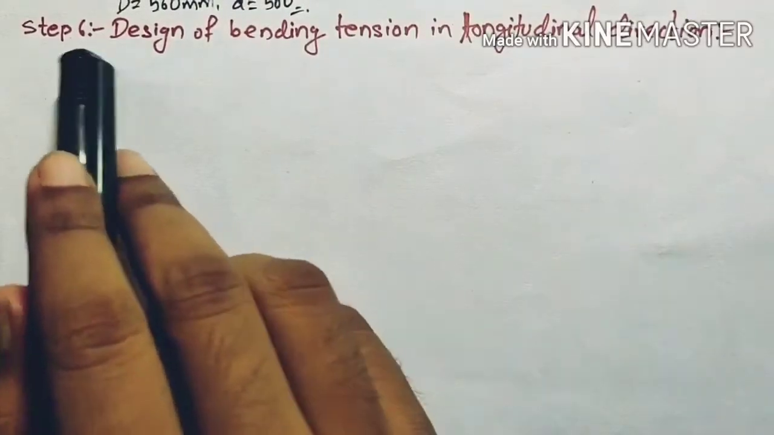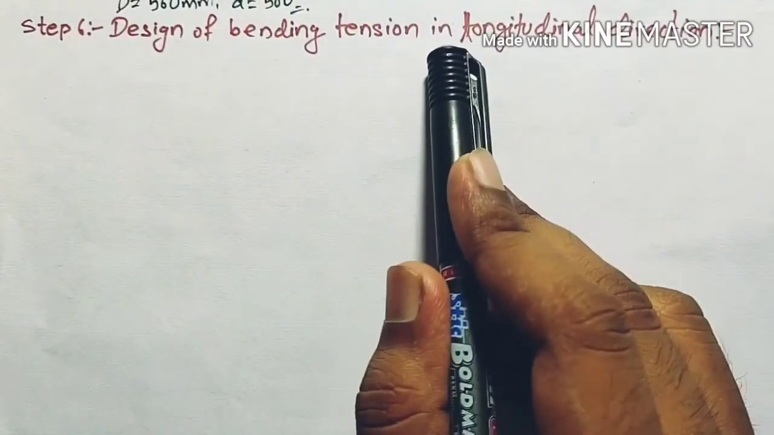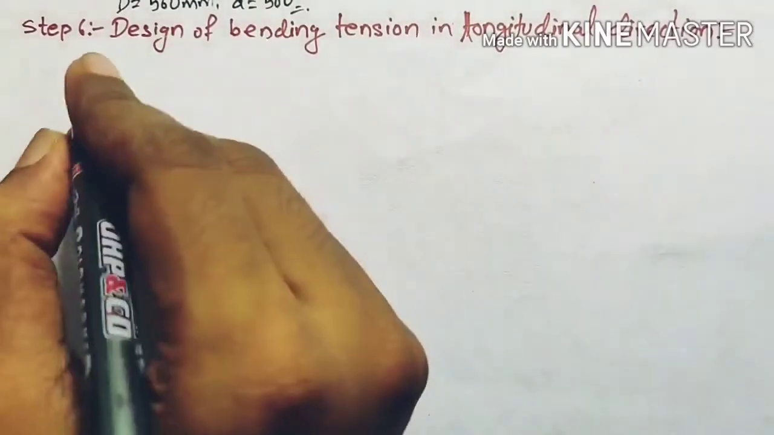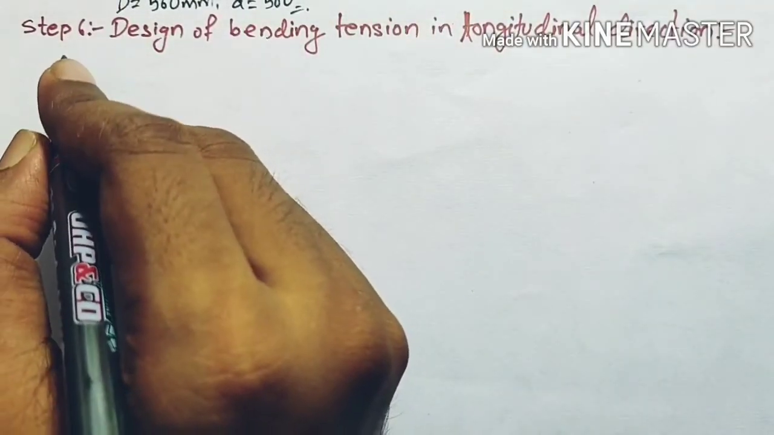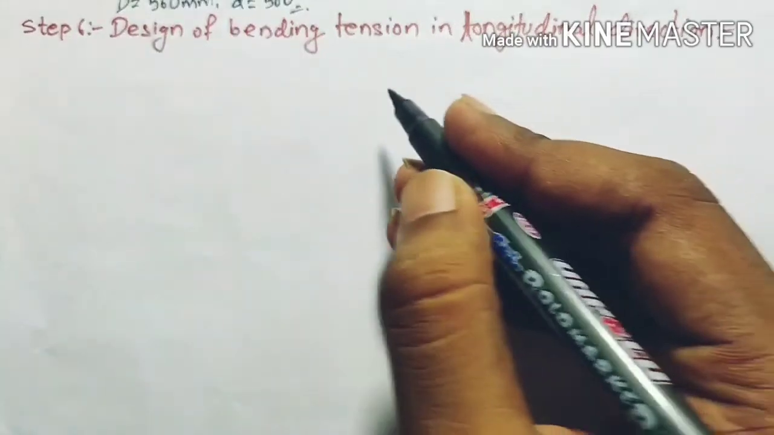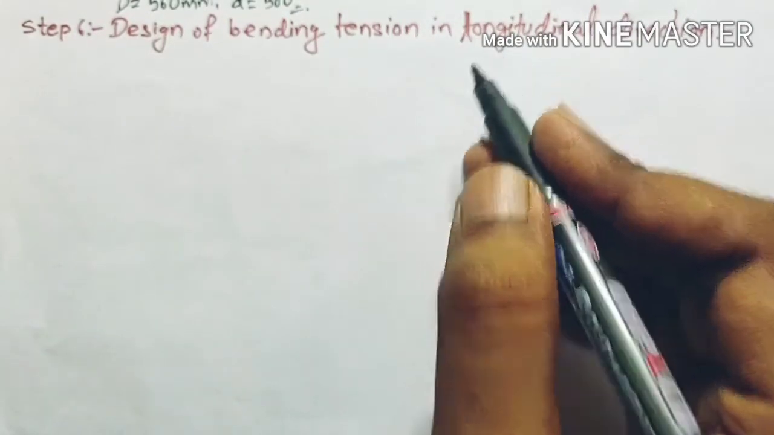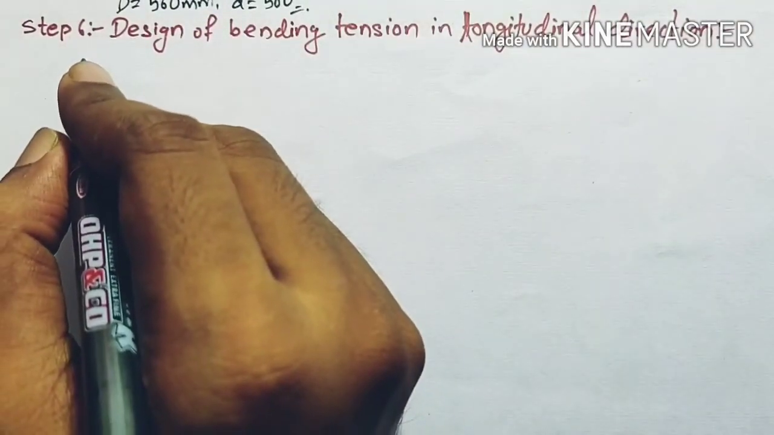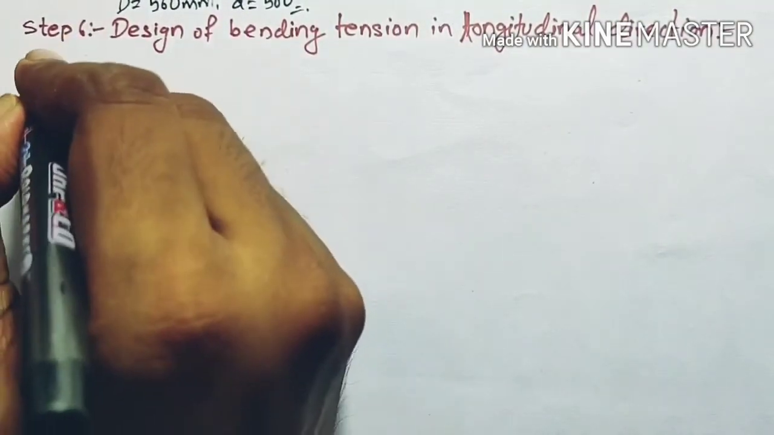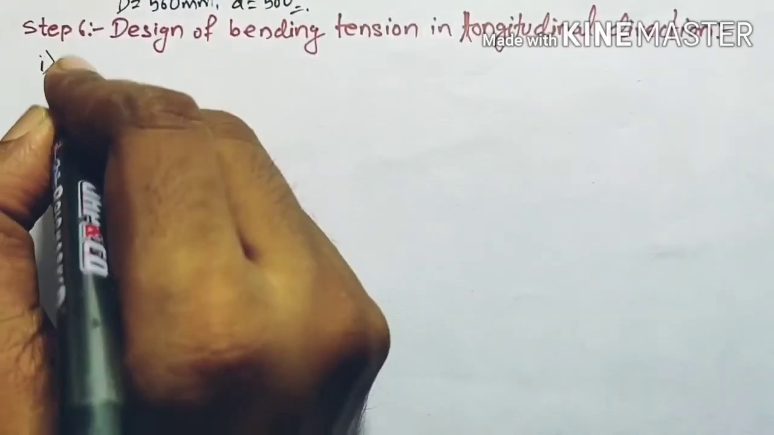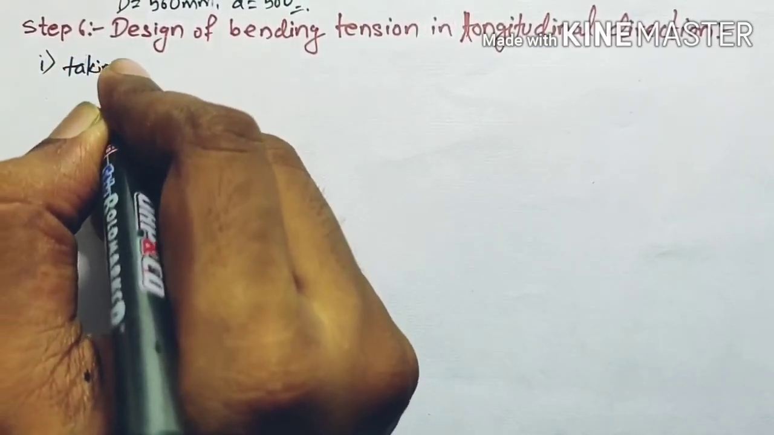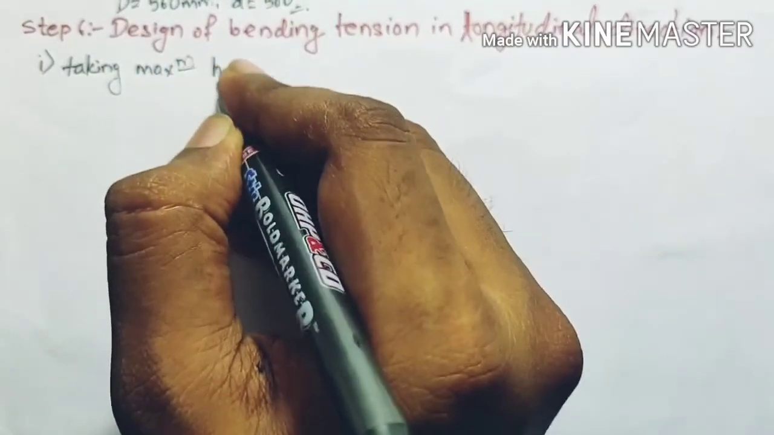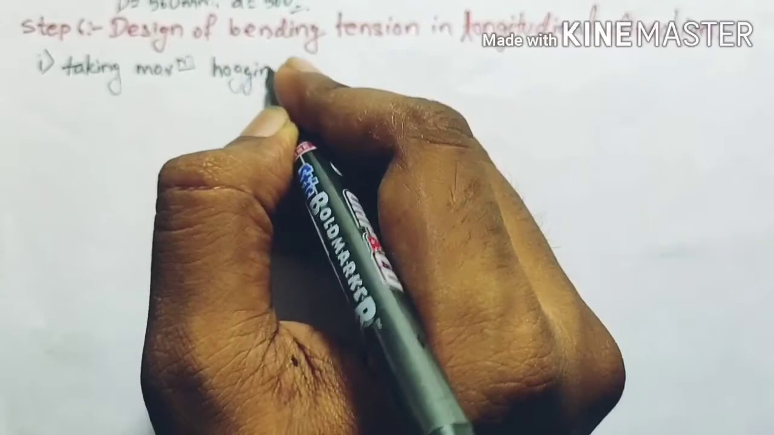Now in step 6 we will be designing the bending tension or the reinforcement in longitudinal direction. So we will begin with finding the tension reinforcement taking hogging moment. That is, we have first step, that is taking maximum hogging moment,